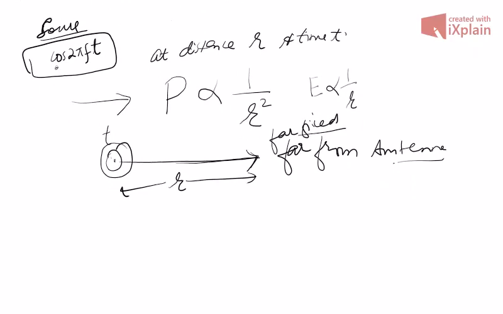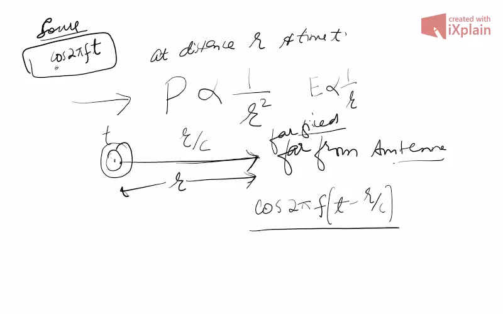So when we go far, how will the signal appear? cos of 2 pi f. Now the signal has covered the length r. So the time taken for the signal to go from the antenna to this point is r by c, where c is the speed of light. So it will be t minus r by c, right? And divided by r, there will be a constant. I will call that alpha. This constant depends upon